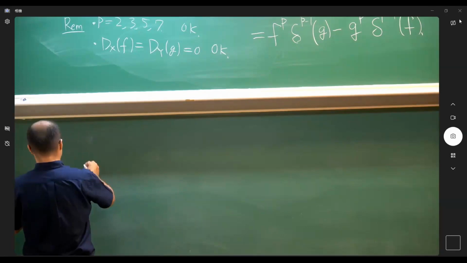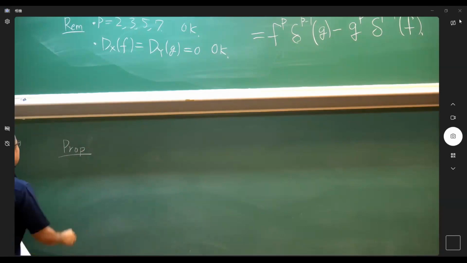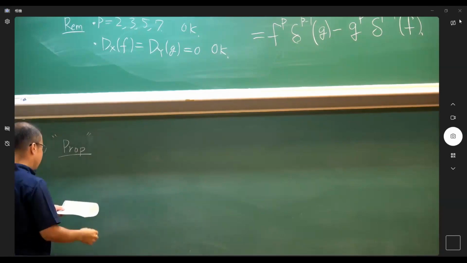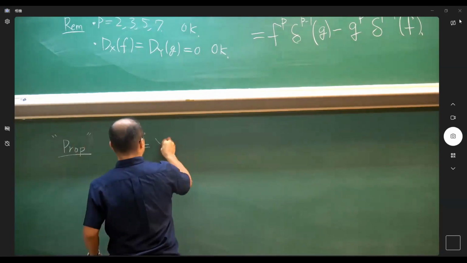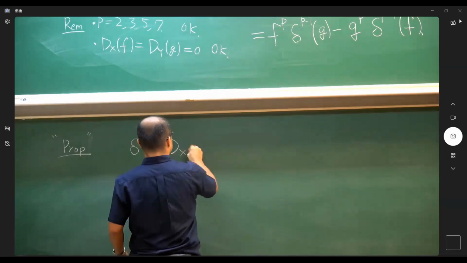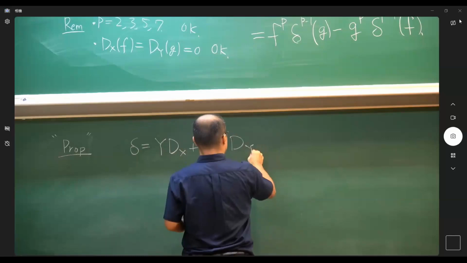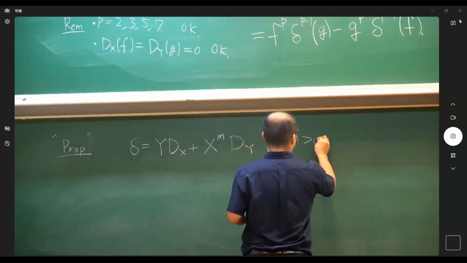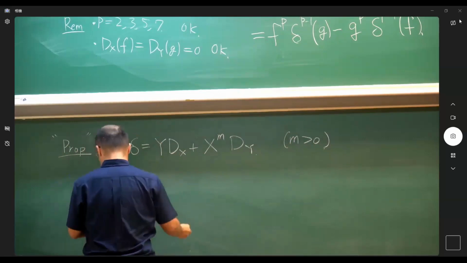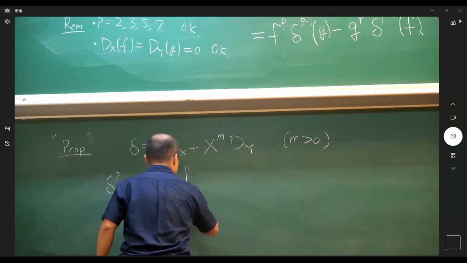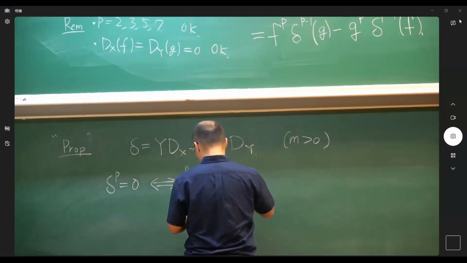And I want to give a proposition, but it's a little complicated, so I just give this: delta equals x plus x to the power m dy, where m is positive. Delta to the p equals 0 if and only if m is equal to 2, then